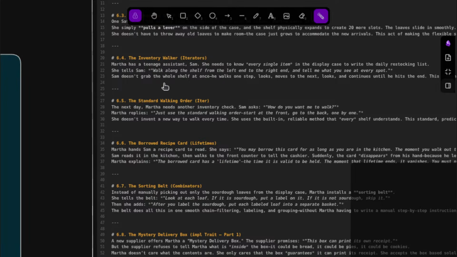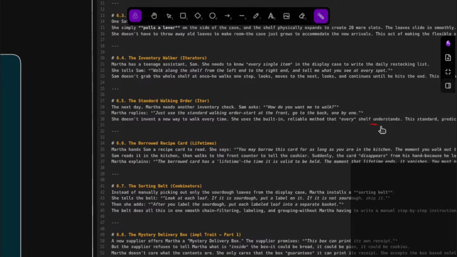Matra replied, just use the standard working order, start at the front and go back one by one. She does not invent a new way to work every time. She used the built-in reliable method,